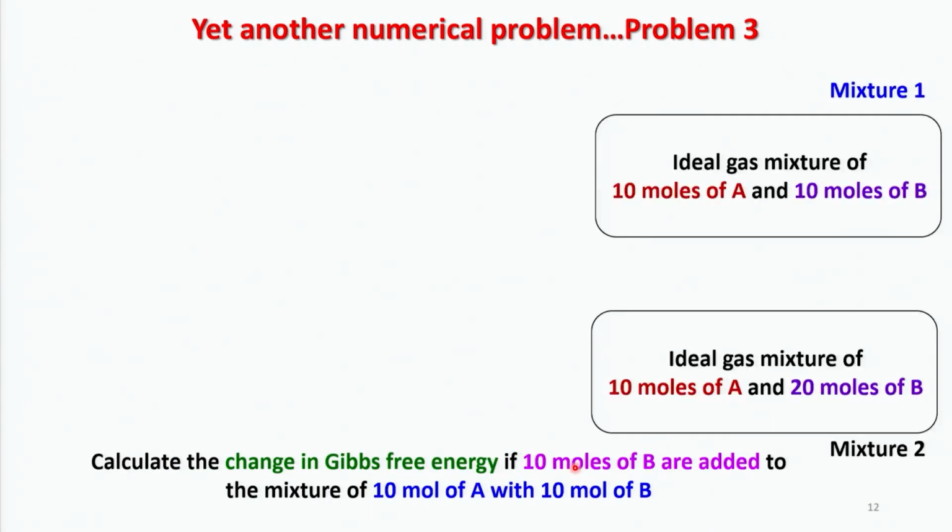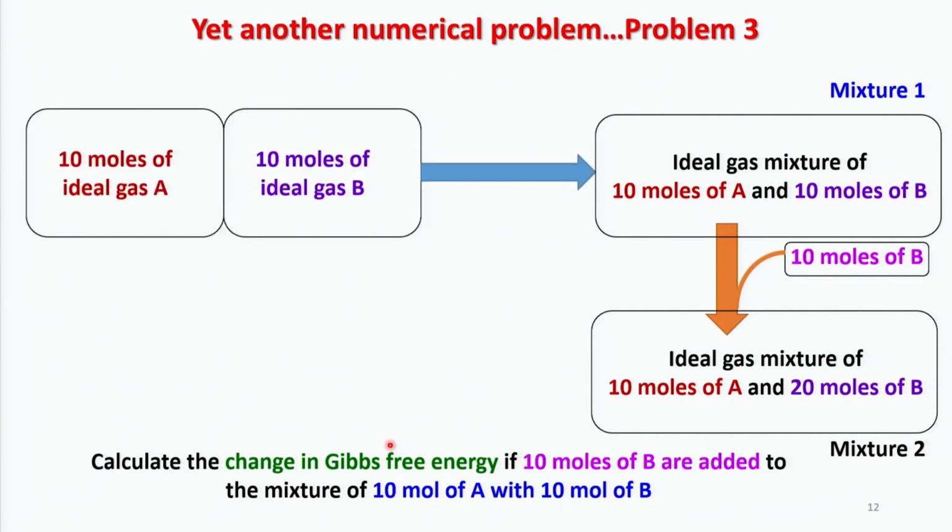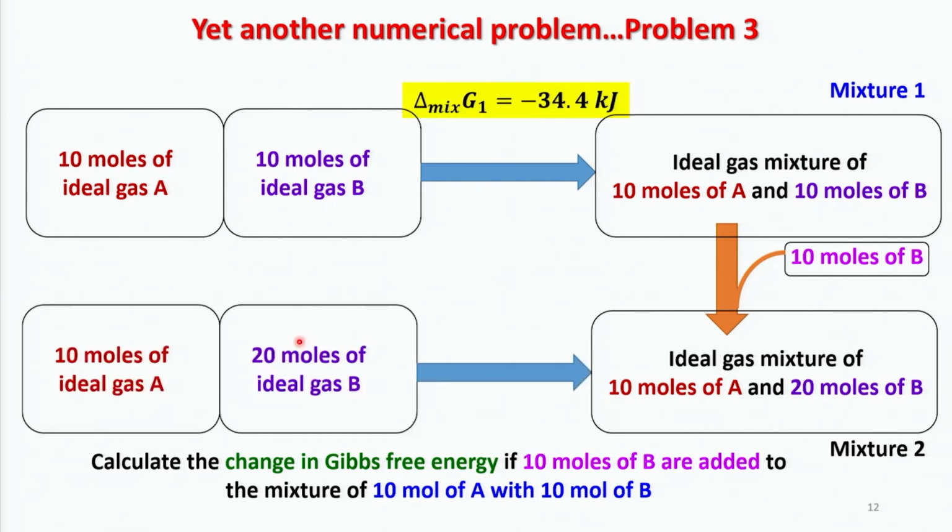So, I am looking at how I go from mixture 1 to mixture 2 by adding 10 moles of B. But I also know how to produce mixture 1 from the ingredients, and I also know what is the corresponding mixing free energy. Similarly, for the mixture 2, I know how to create this ideal gas mixture starting from scratch, and again I know delta mixing